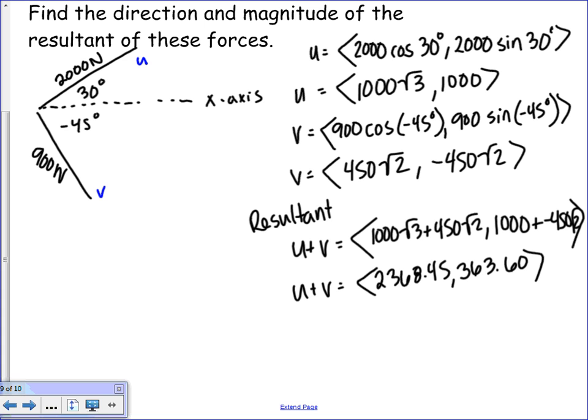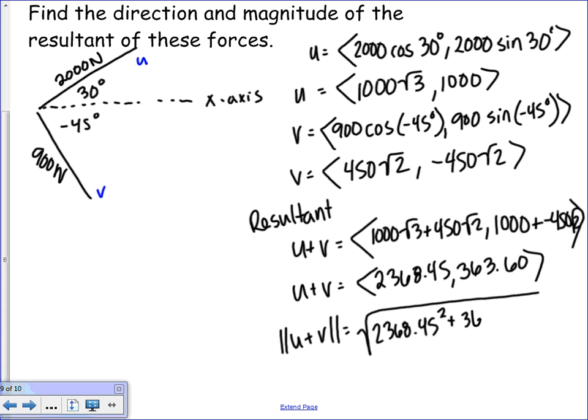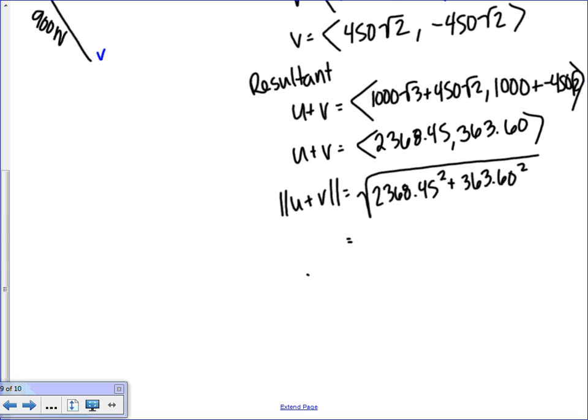Brad says no. If you go back and you read that second thing, it doesn't want just the resultant. It wants the magnitude and the direction angle of the resultant. So for magnitude, we have that formula where in component form, we can just do the square root of 2,368.45 squared plus 363.60 squared. And when I do that,